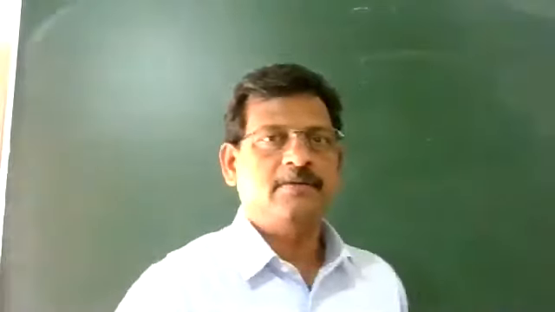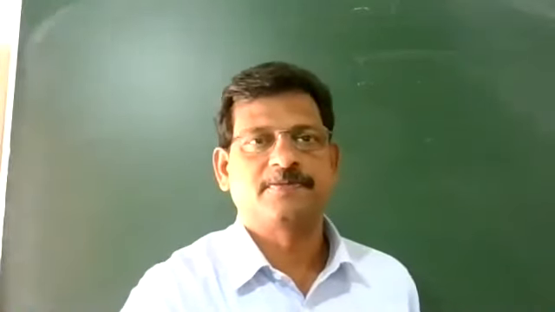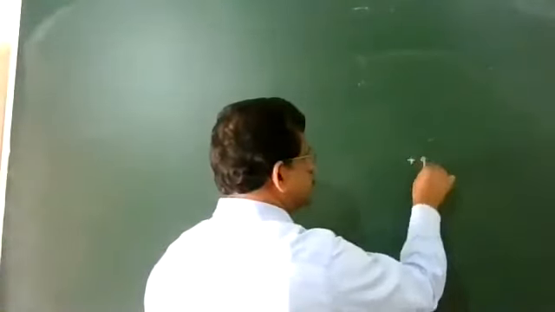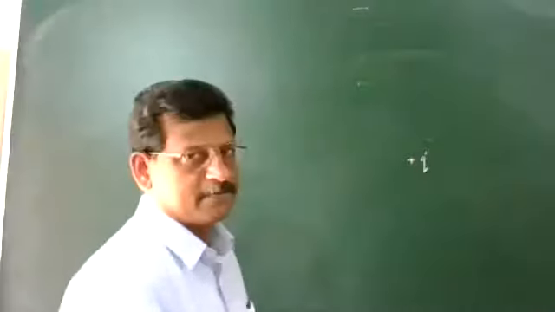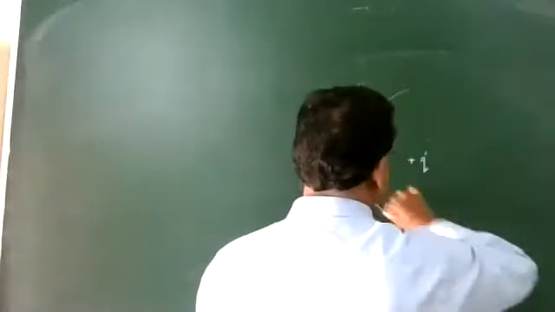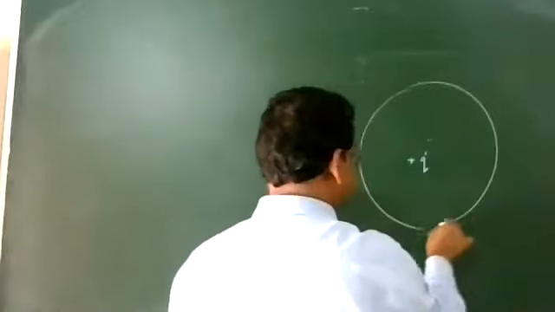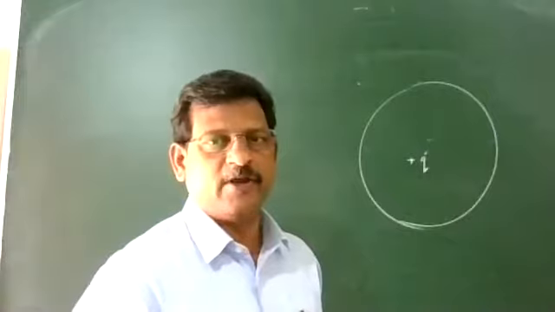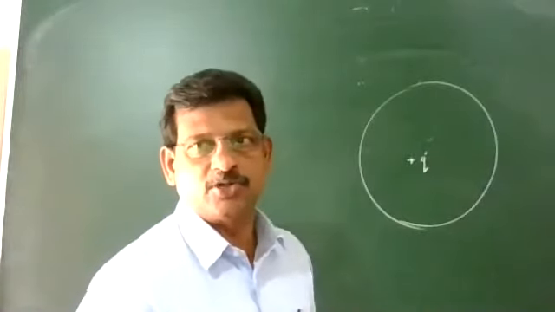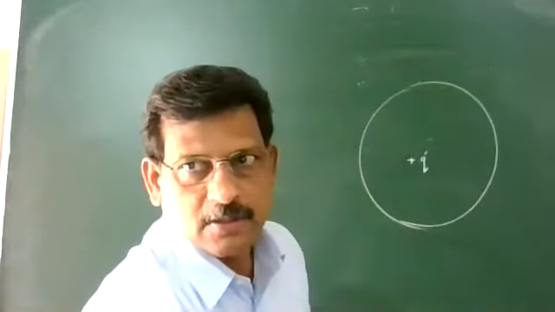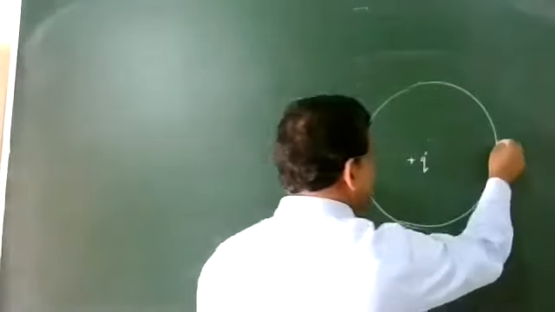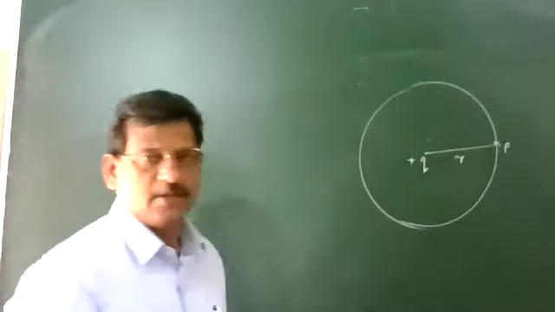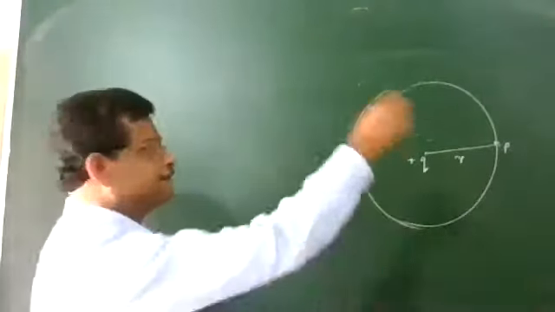So we are giving the proof with spherical surface. We consider a positive charge at the center of the sphere. And you know, plus Q charge, electric field lines are directed radially out. So take any point P on the surface. Find the distance. Electric field at the point P.